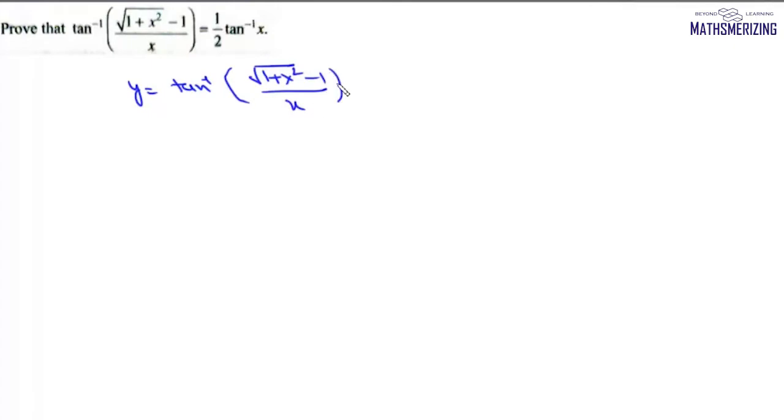Now when we are simplifying any trigonometric expression, we need to identify a trigonometric formula which seems to fit into this given expression. Now when I look at this under root of 1 plus x square, it reminds me of 1 plus tan square theta, and we can write 1 plus tan square theta as secant square theta. So in this question, we'll let x as tan theta. If x is tan theta, then theta is tan inverse of x, and theta lies between minus pi by 2 to plus pi by 2, which is the principal value range of tan inverse.